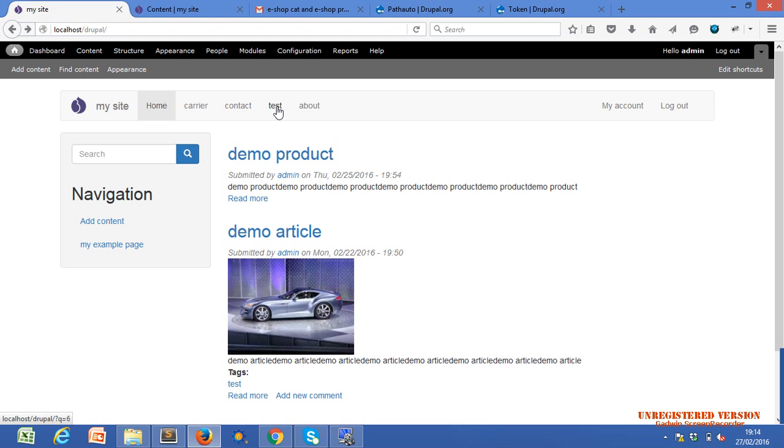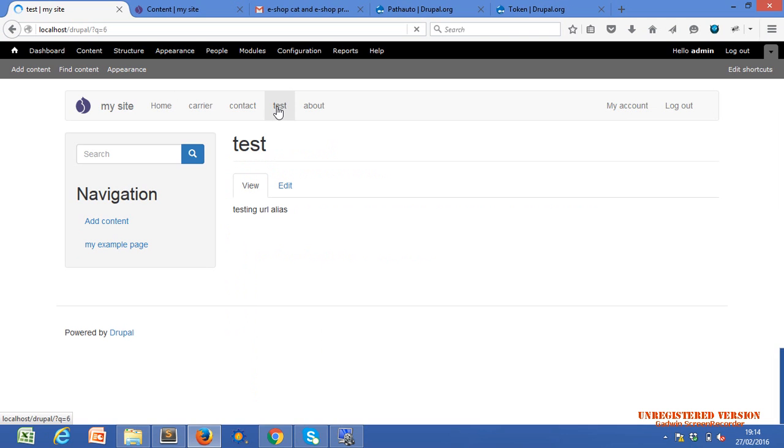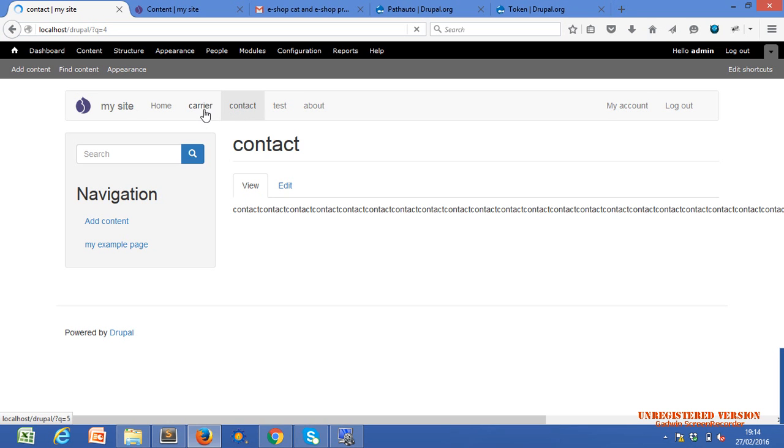Now if we click on the test, then there will be only the ID. Okay. Now our modules are working, but there is some problem with this symbol. The modules are working; right now if you go to contact, there is an ID only, that particular content ID, not a name. It means our extra functionality is working.